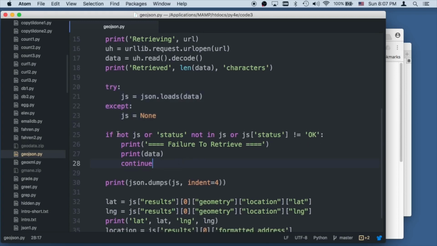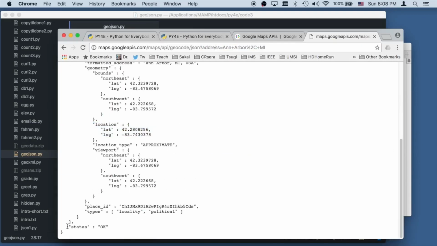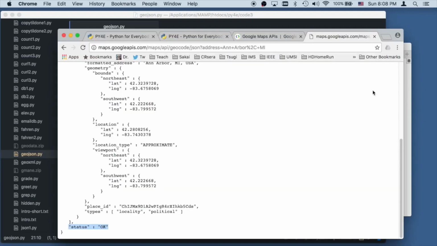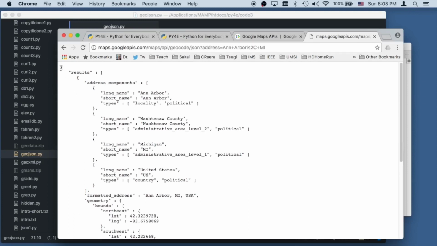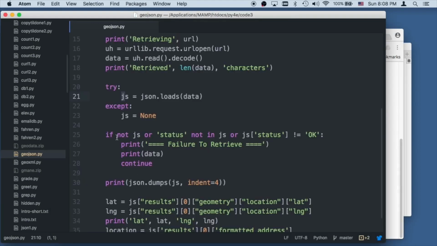Now, if we take a look at the output, they give us this status, OK, and that status can be a problem, and it can complain about things. So we have to check to see if we got a good status. So at this point, if you look at the outer bit of this, the outer bit that we get is a curly brace, so it's a dictionary. Then there is within that dictionary a key results, which is a list. But then the second thing in the outer dictionary is status. And so we can ask if